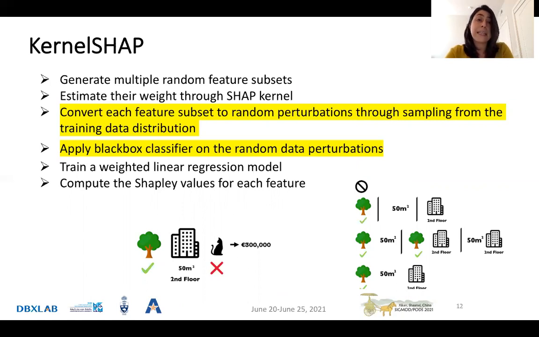Then it converts each feature subset to random perturbations through sampling from the training data distribution, and then it applies the black box classifier on the random data perturbations, and then it trains a weighted linear regression model and then computes Shapley values for each feature. Again, the steps that I've highlighted are the steps that we can use to optimize for a batch scenario.